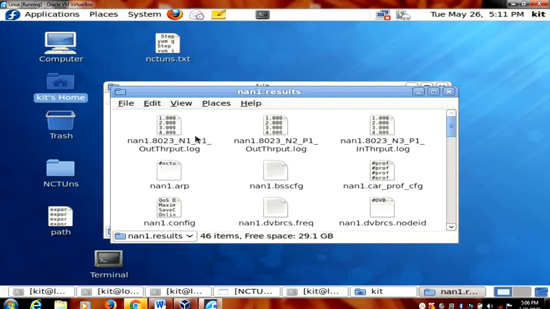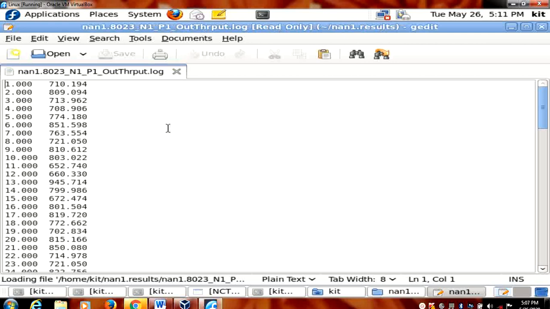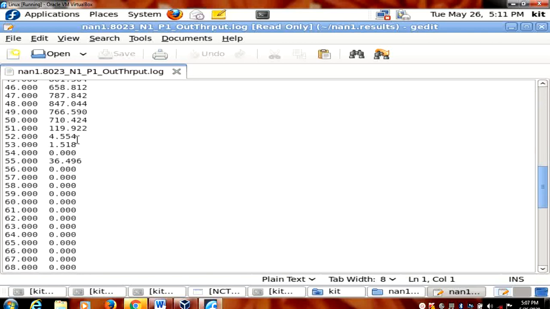So you have 3 things, that is sender 1, sender 2, sender 3 result what you have sent. Don't think we have created nothing. The system will take some data here, it will only transfer. See, it is transferring 110, 809, 713 like that. So many things have been transmitted. Up to 50, 51, 52 it is transferring. After that you are getting the 0.